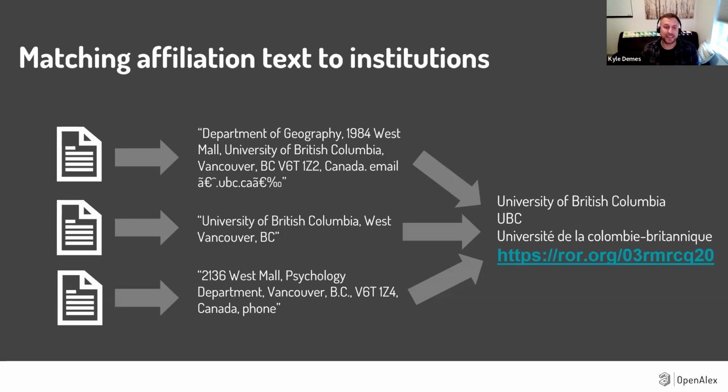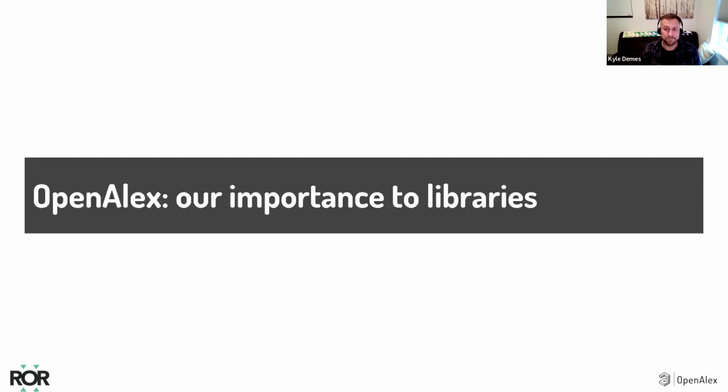So that's what we're going to be talking about today. I'm first going to go to OpenAlex and talk about that matching component and what that matching component lets libraries do. And then Amanda's going to follow that and talk about ROR specifically. So yes, OpenAlex, our importance to libraries. Really diverse use cases by libraries around the world. I wanted to show a few that are particularly relevant to most institutions, and also ones that leverage sort of the institutional data.